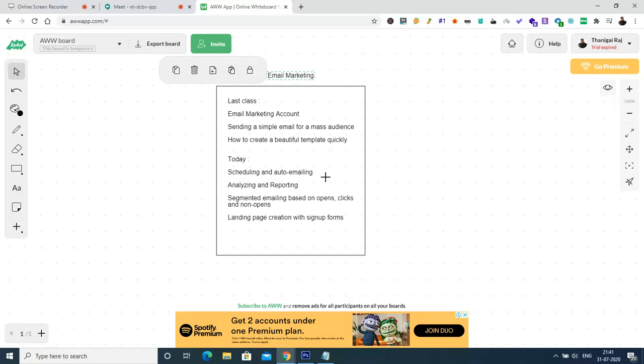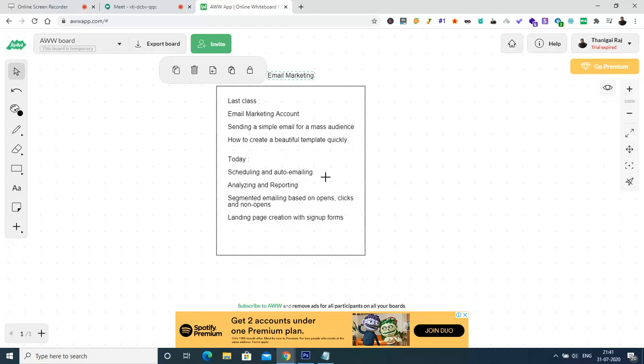For auto emailing, we do not need to do anything. When someone submits the form, an email template is triggered immediately and an email is sent to that audience member.